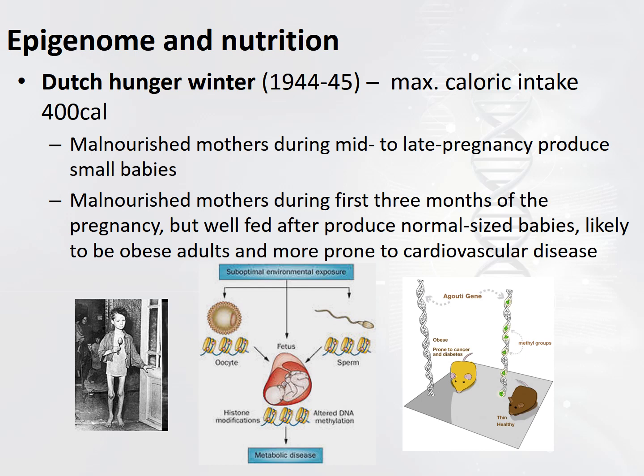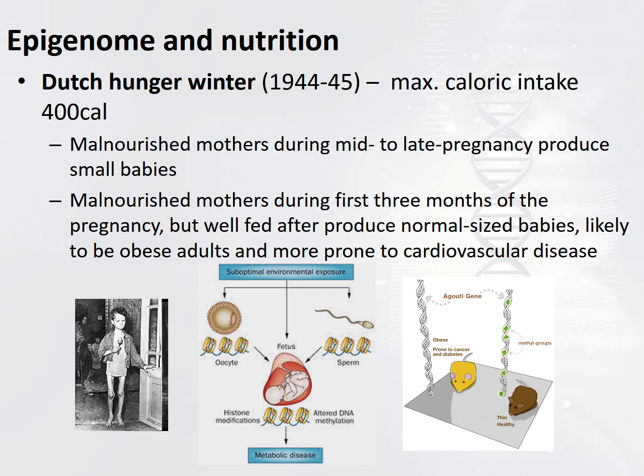And this small size was maintained even during the adult life of these babies. They were always shorter than their peers. One good example is the actress Audrey Hepburn. If you Google her, you can see that she was always a petite woman,